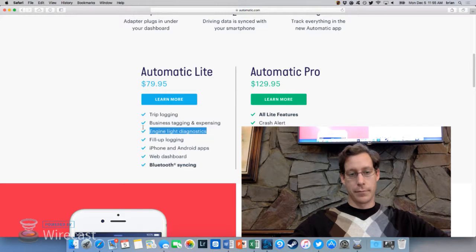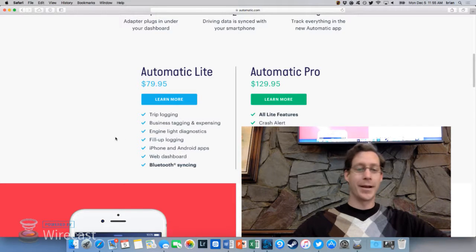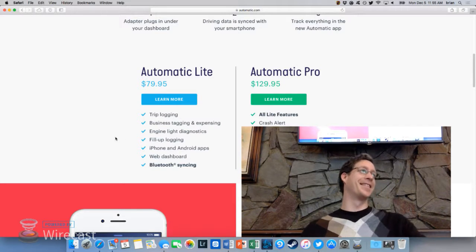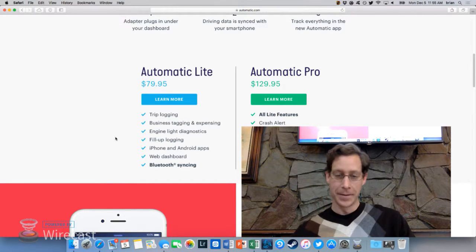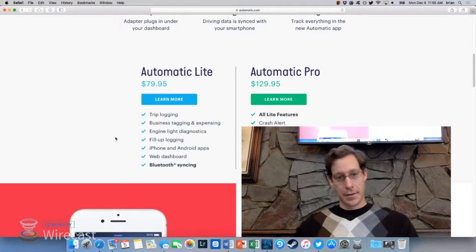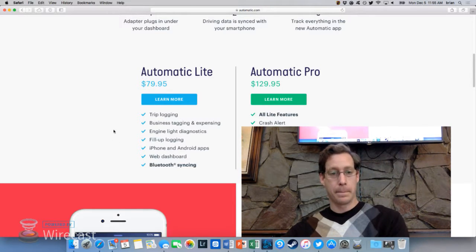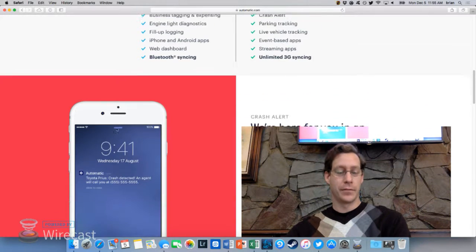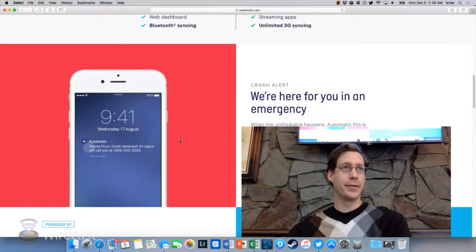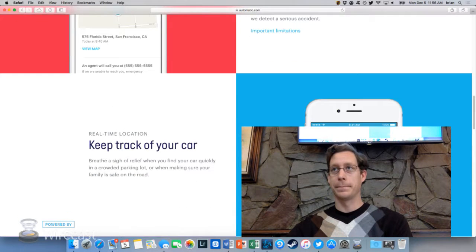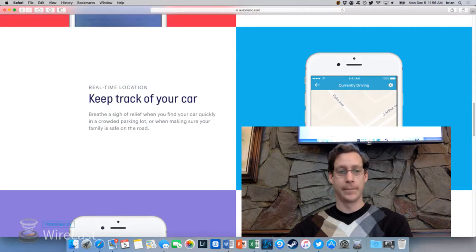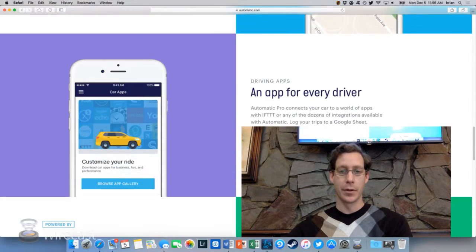Well, yeah, parking tracking. It'll also tell you where you parked your car, so you don't forget. Oh, that might be important. Instead of turning on your emergency flashers. It gives live vehicle tracking, so I could track my vehicle if somebody stole it. If someone stole it, you could see their joyride on your phone. Businesses use those a lot on their company cars and trucks. Either this or one similar to it.